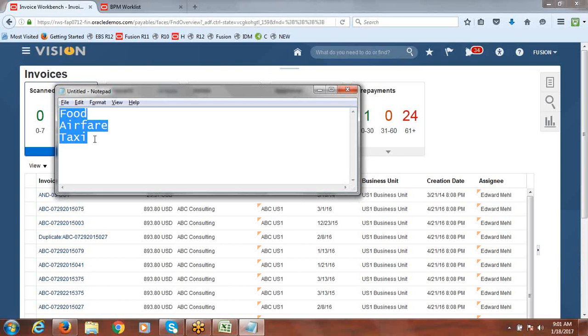Three will get debited. The liability account is taken from the expenses system options. If you specify a liability account there, it will take that; otherwise it takes the accounts payable liability account from your common options for payables and procurement. It works the same as in EBS, there is no change.